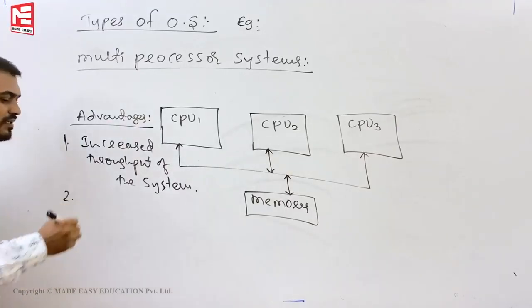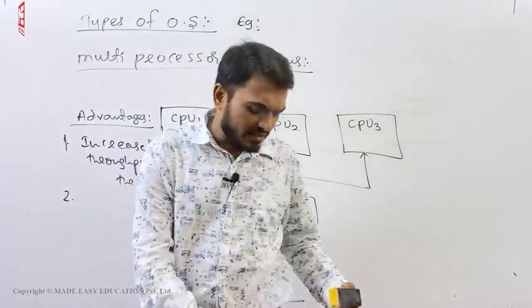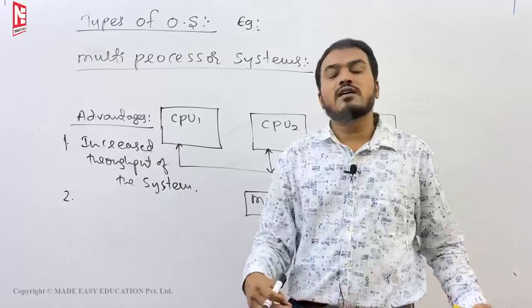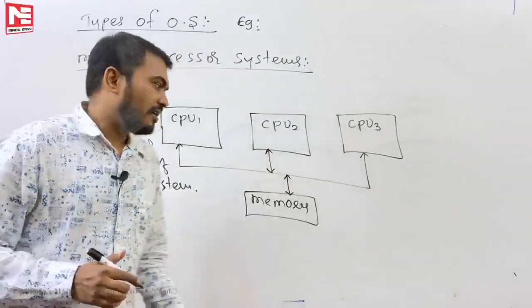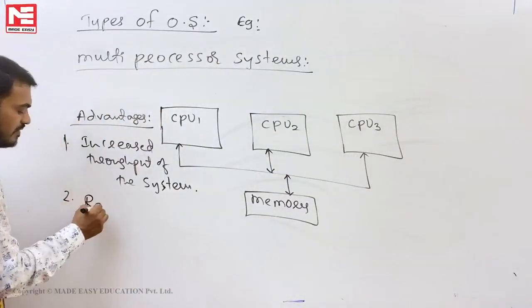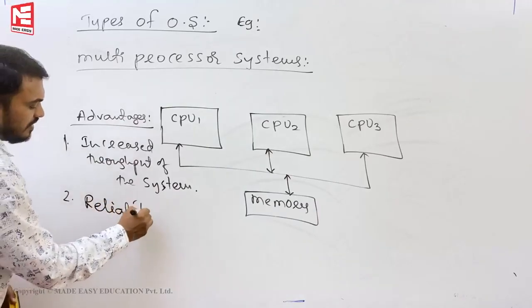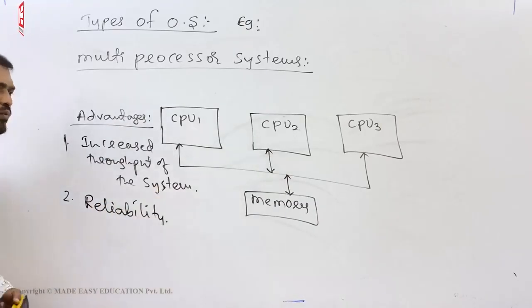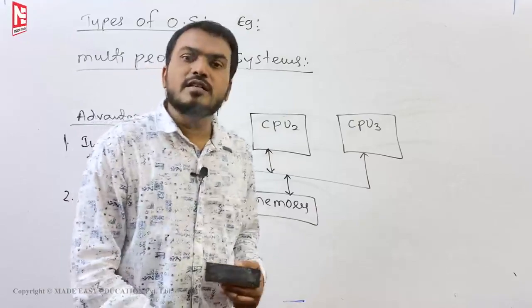And the second advantage, you can guess. The second advantage is reliability. No doubt. So what is the meaning of reliability? Reliability means,